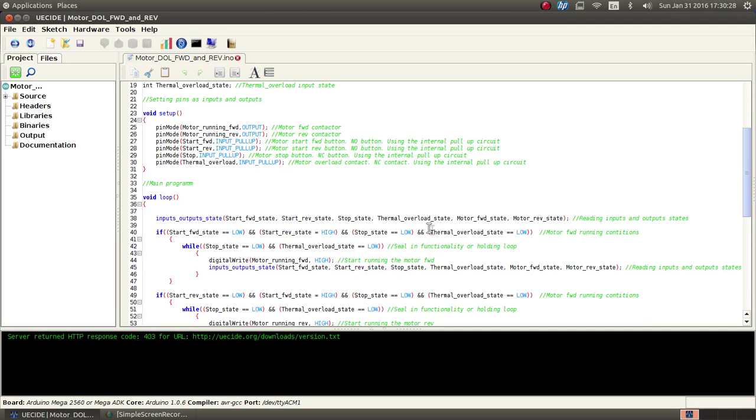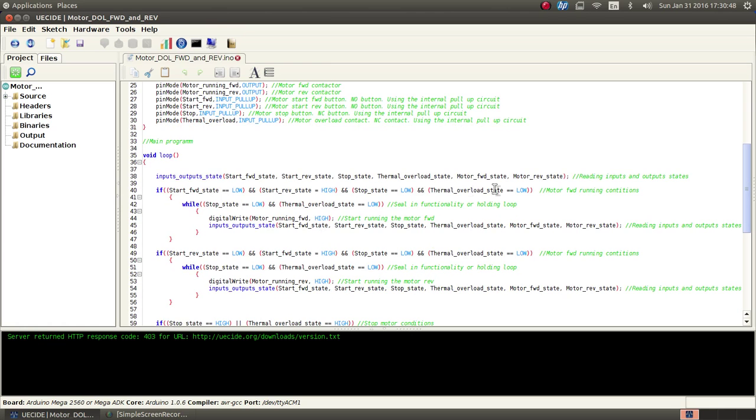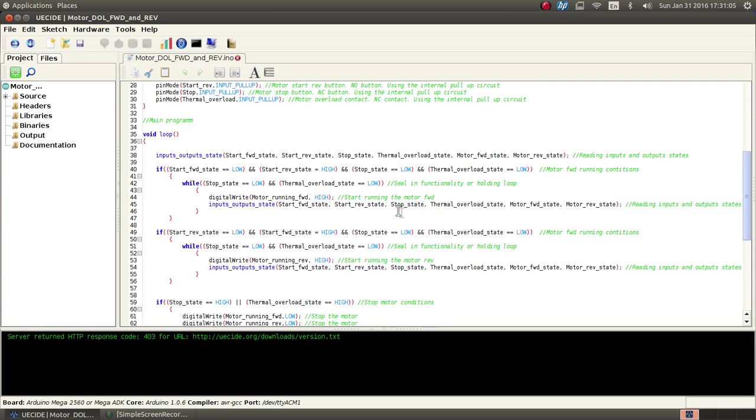But to have this interlock, we won't use any contact or whatever. Our interlocks are in the if statements, basically. The first if is the if that spins the motor in the forward direction. So we don't have any condition for what will happen when that button is pressed. Nothing will change because the program keeps running that loop